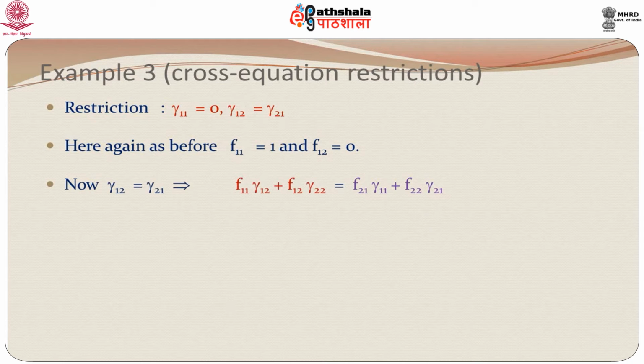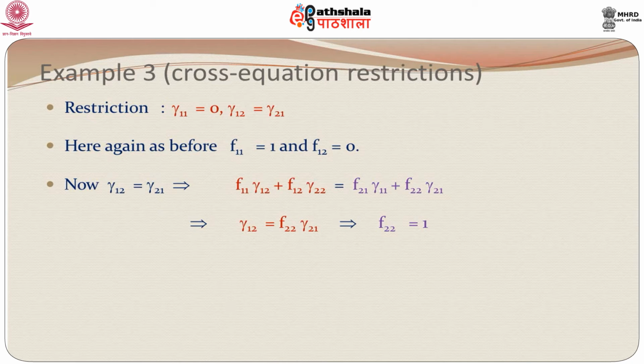Now let us look at the second condition, gamma 12 is equal to gamma 21, which really means that the last element, that is the fourth element in the first row, is equal to the third element in the second row of A. It would really mean the same for the FA matrix. This means f11 gamma 12 plus f12 gamma 22 is equal to f21 gamma 11 plus f22 gamma 21. But then we have f11 is equal to 1, so we put that,